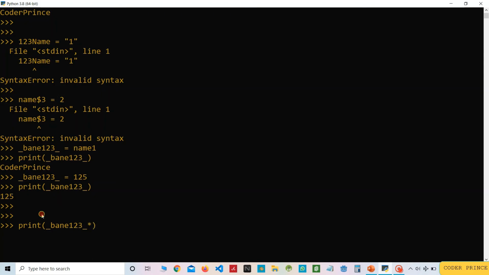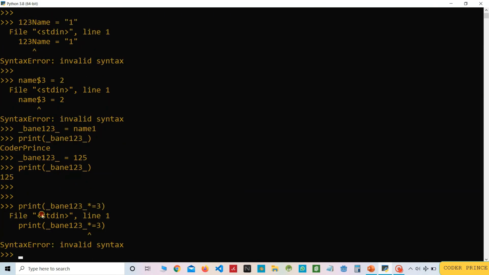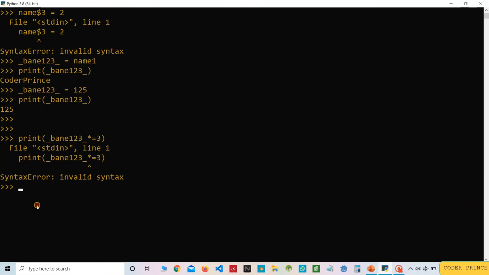Times equal to 3, you can do that in the print statement. Now if you print this, this is an integer now, so that integer is multiplied 3 times.